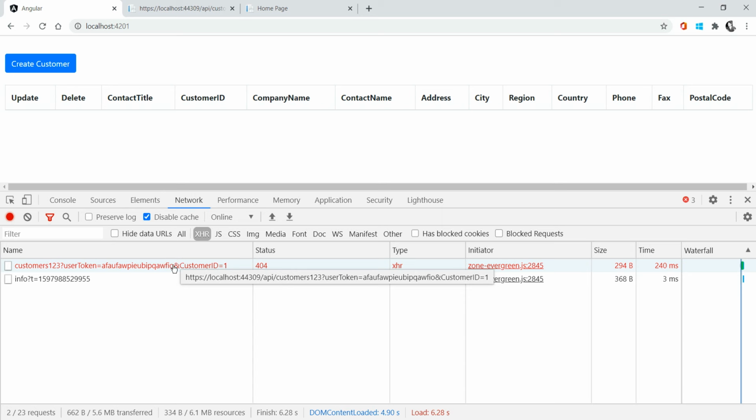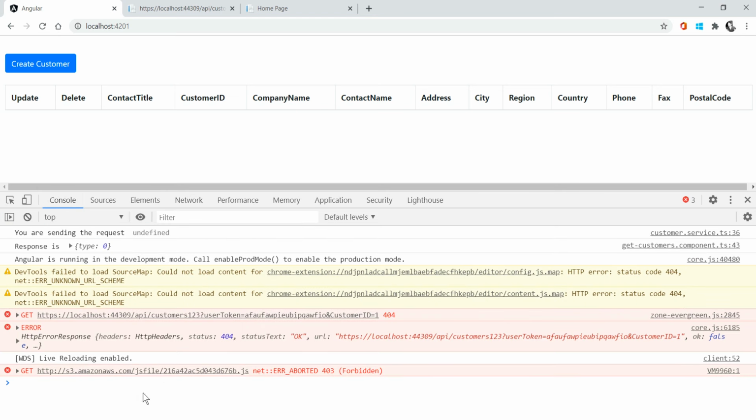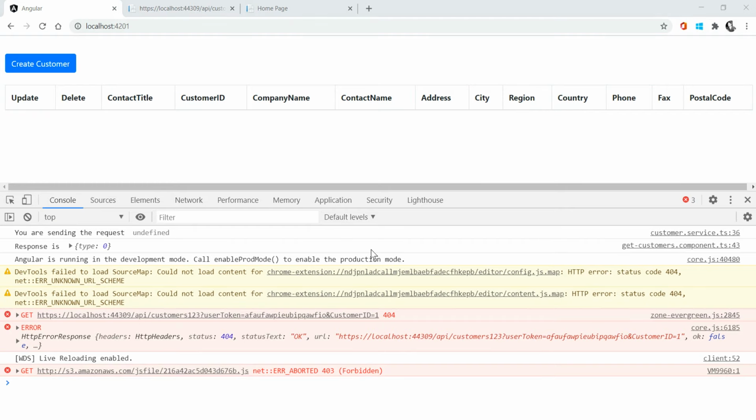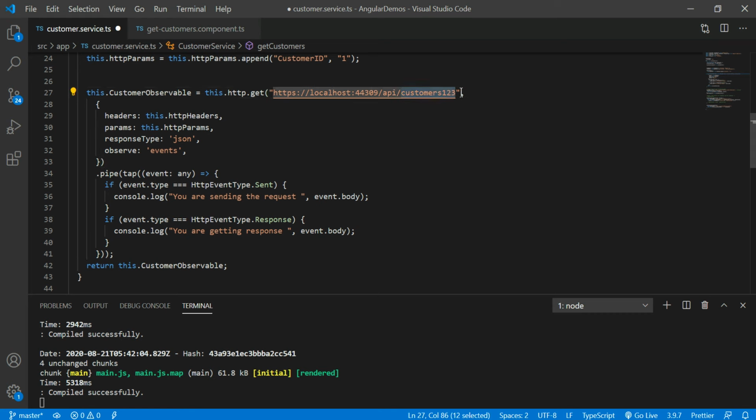So you are getting 404, which means the API you are trying to give is not available in the web server. Okay, so how do we have to handle this kind of error? Right now you are getting an HTTP error response, not the HTTP response. Not only when you give the wrong API from here, but you can also get any kind of error when you are working in Angular.